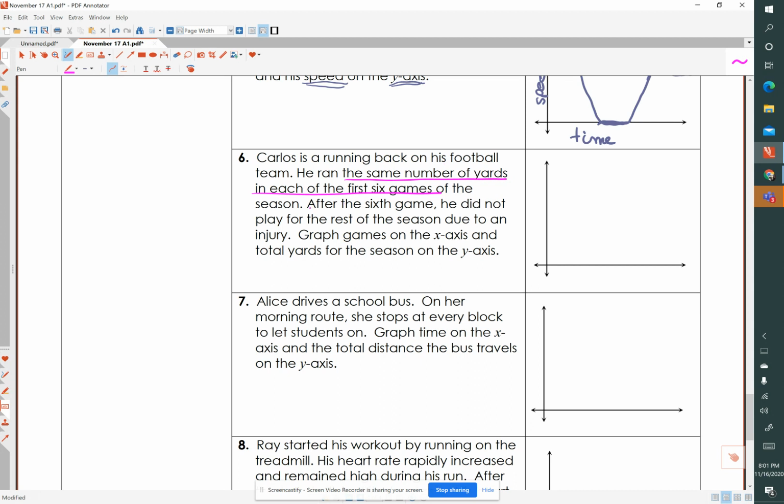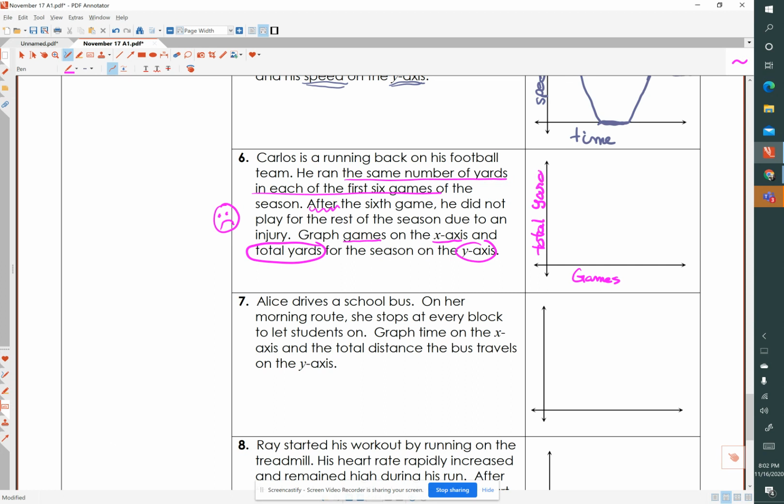But after the 6th game, something changes. And he did not play for the rest of the season due to an injury. Not good. Oh, no. So he didn't play anymore. We're asked to graph this scenario. We're going to graph games on the x-axis and total yards on the y-axis. So let's label our graph. Games is on our x-axis and total yards